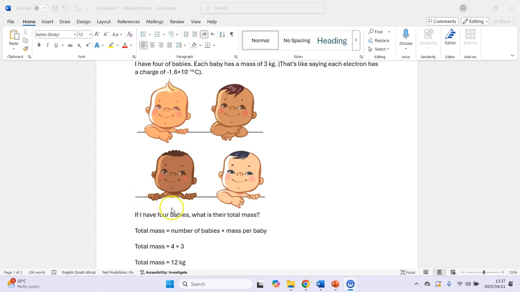So if I have 4 babies, each one with a mass of 3 kilograms, what is their total mass? So the total mass can be calculated by the number of babies multiplied by the mass per baby. There are 4 babies, each one with a mass of 3 kilograms, so the total mass of the babies is